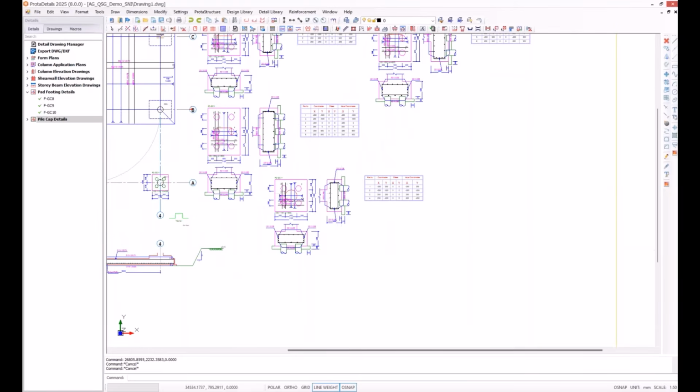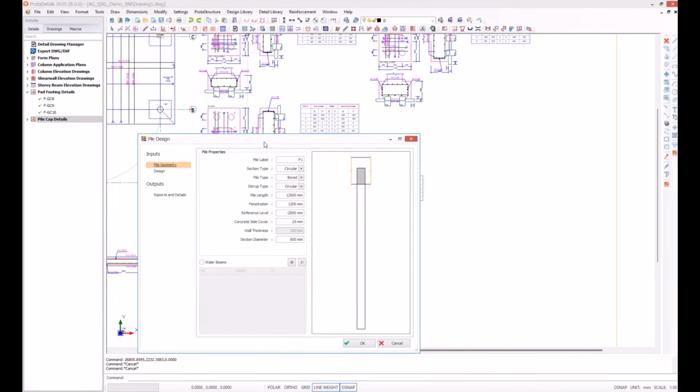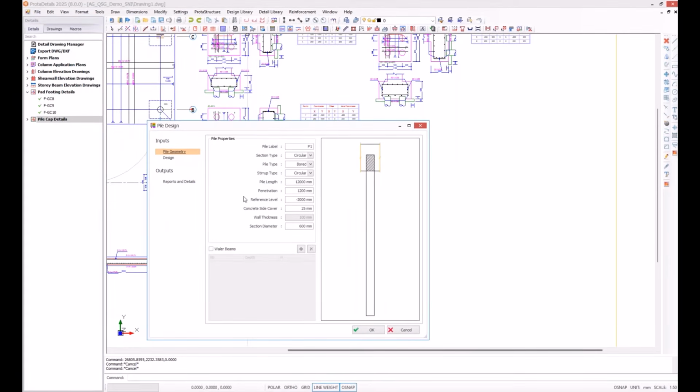As we see, we have pile caps here, and that means that we have piles. So we need to design these piles as well. For this purpose, I can use Proto Details Design Library. Under the design library, there are a lot of different options, different macros that we can talk about a little bit more in a minute. But I'm going to use the pile design macro here. Design one of these piles, let's say. You can generalize this for all the piles here, but let's make an example out of it.